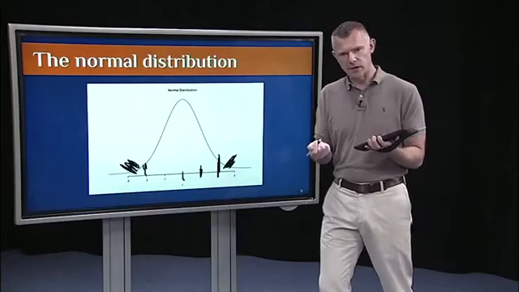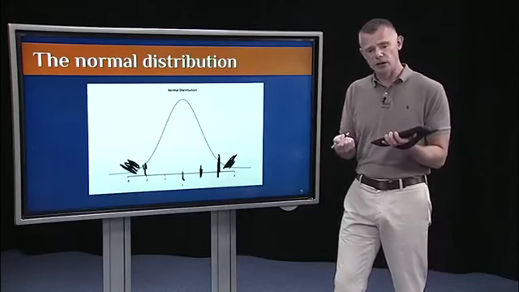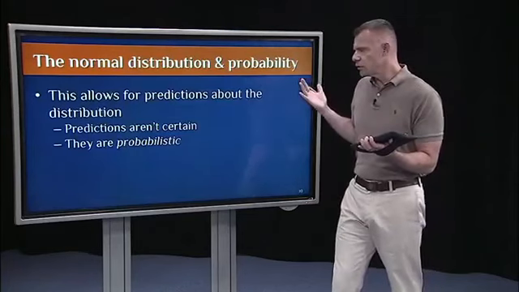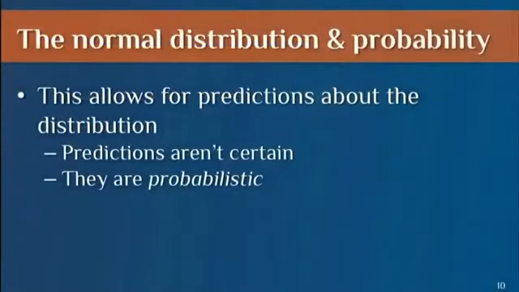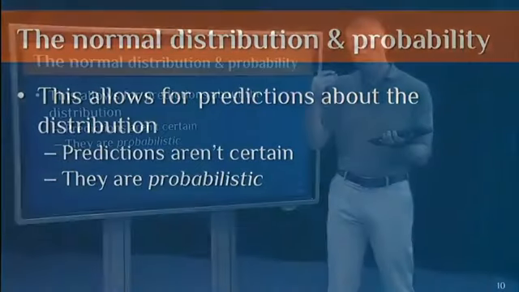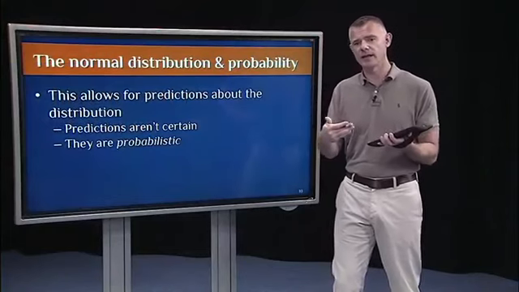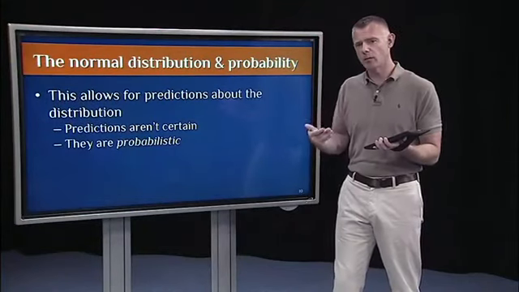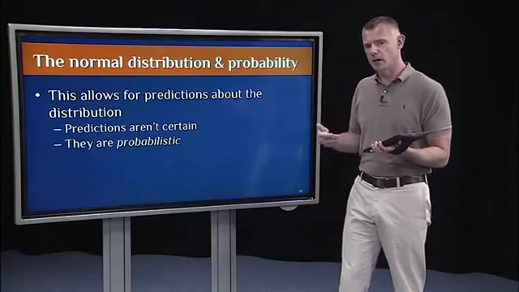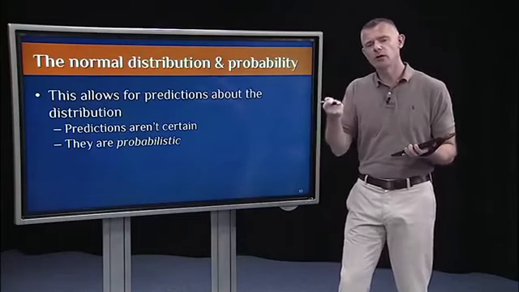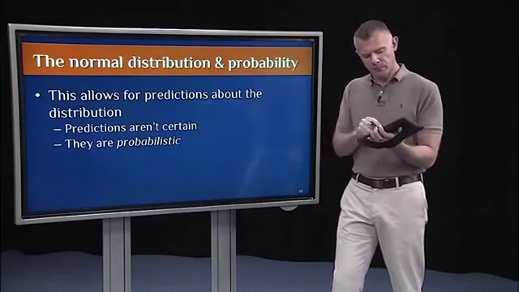We can use that information to make probability judgments. So the normal distribution combined with the idea of probability allows us to make predictions about the distribution. Now, keep in mind that predictions aren't certain. They're probabilistic. Just like the NHST logical reasoning is probabilistic, we're going to engage in some probabilistic predictions. So we're going to get p-values associated with certain questions. So for example,